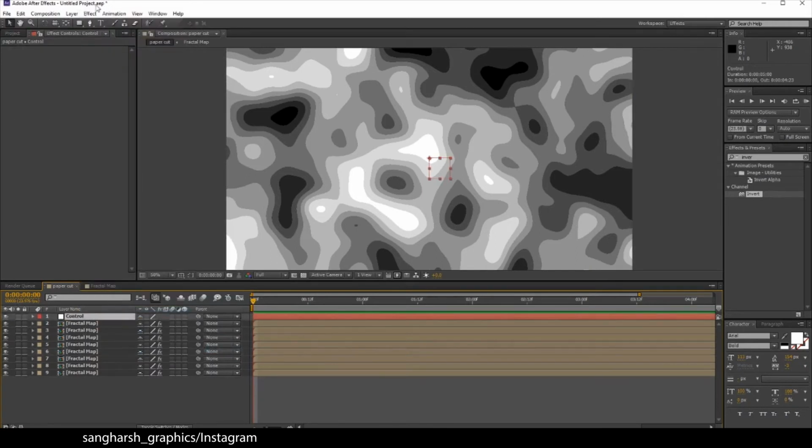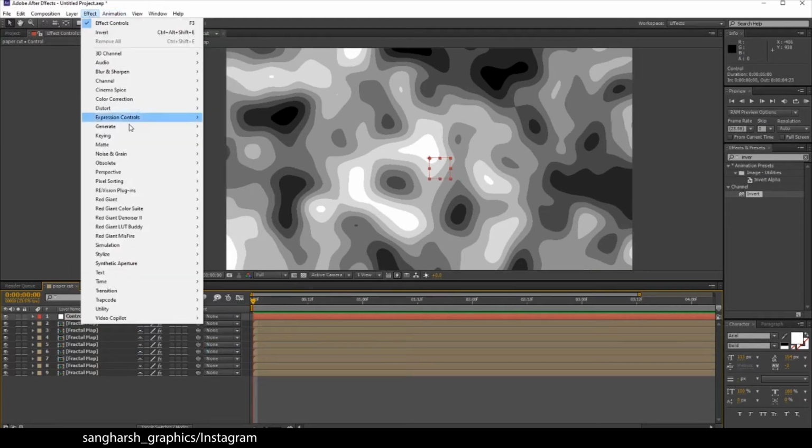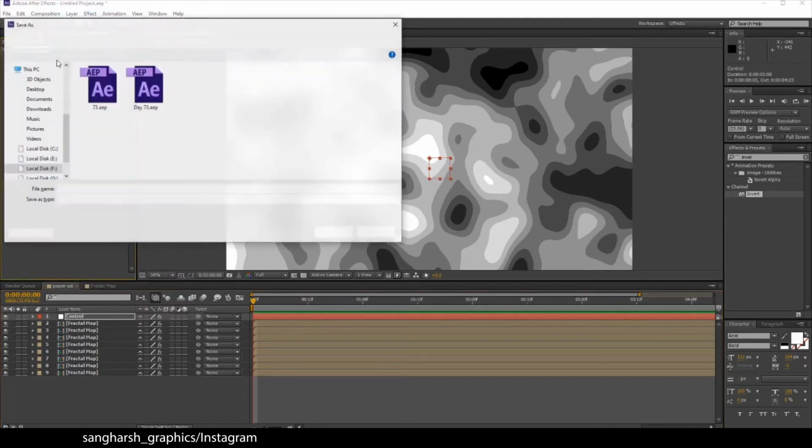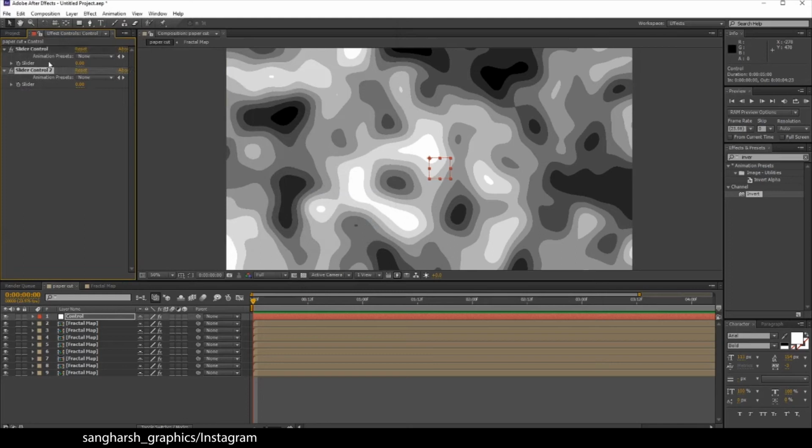Select the control layer, go to effects, go to expression controls, add a slider control, duplicate it one more time, press Ctrl D to duplicate it. Now search again for angle control, apply it below the slider control, select the first slider control, press enter to rename it as distance. Select the second slider control, enter, rename it as softness.